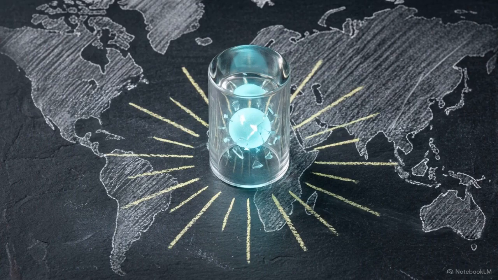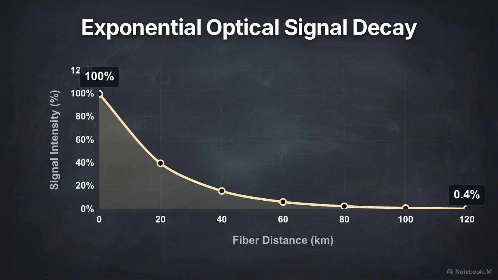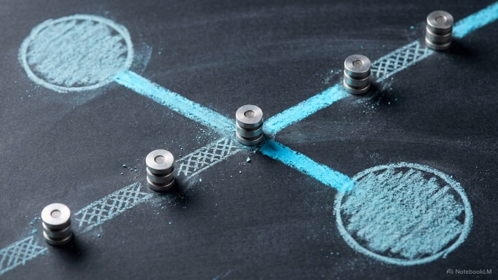Every classical optical network faces a harsh geographic reality. As light travels through silica fiber, it scatters and absorbs. This signal attenuation scales exponentially with distance, bleeding optical pulses dry over long intercity routes. In standard telecommunications, we solve this by placing amplifiers along the route to boost the signal, but in quantum networking,